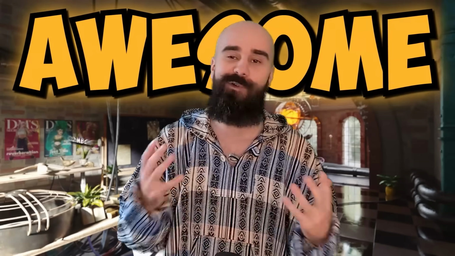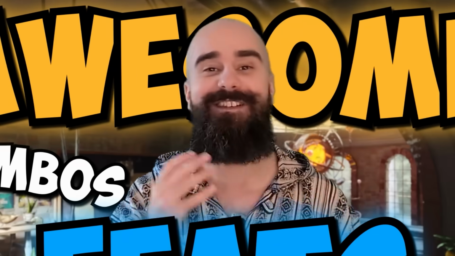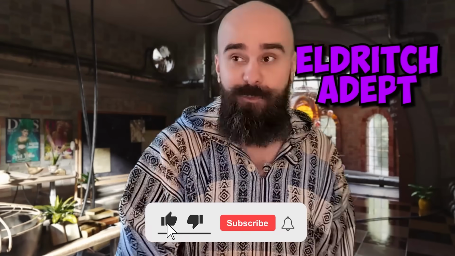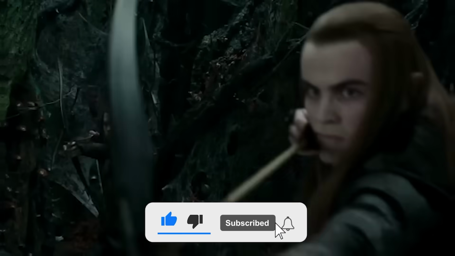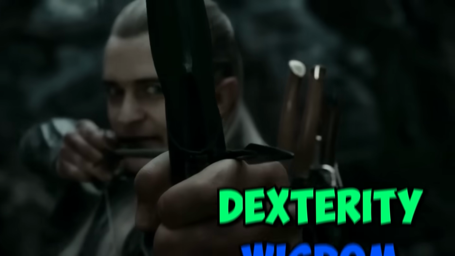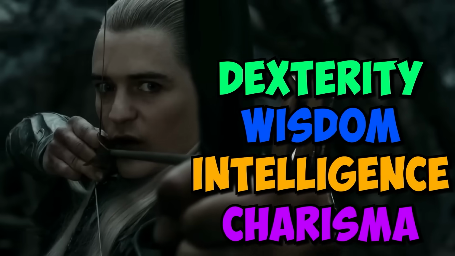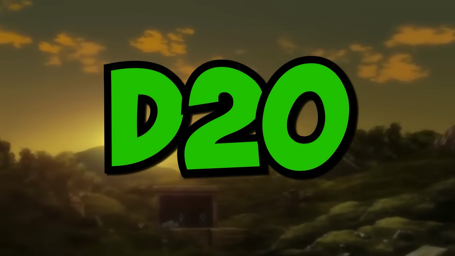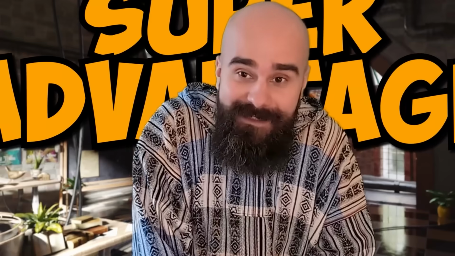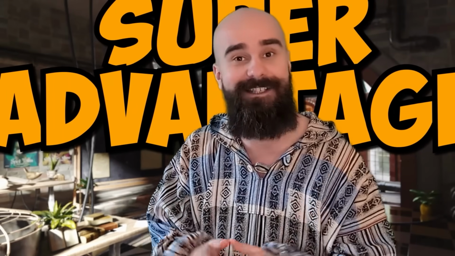Here are 8 awesome combos of feats in Dungeons & Dragons. The Devil's Eyepiece combo. The Devil's Eyepiece combines Eldritch Adept with Elven Accuracy. Elven Accuracy says when you make an attack roll at advantage using Dexterity, Wisdom, Intelligence, or Charisma, you can roll an extra d20 and take the highest result. It's super advantage. Basically, it's not only great for reliably hitting things, this triples your chances at getting a critical